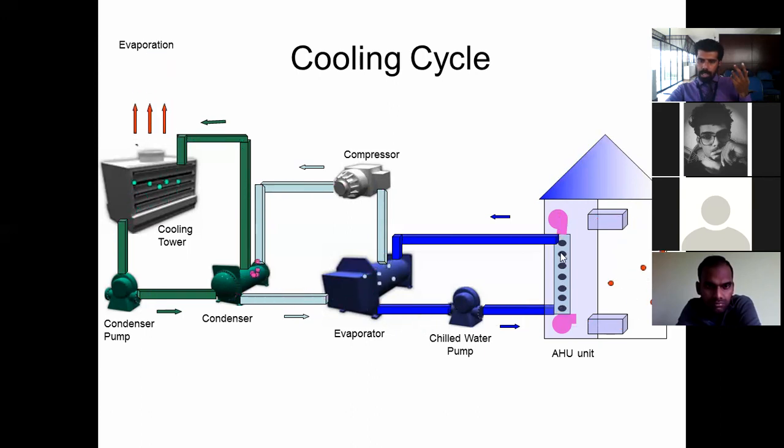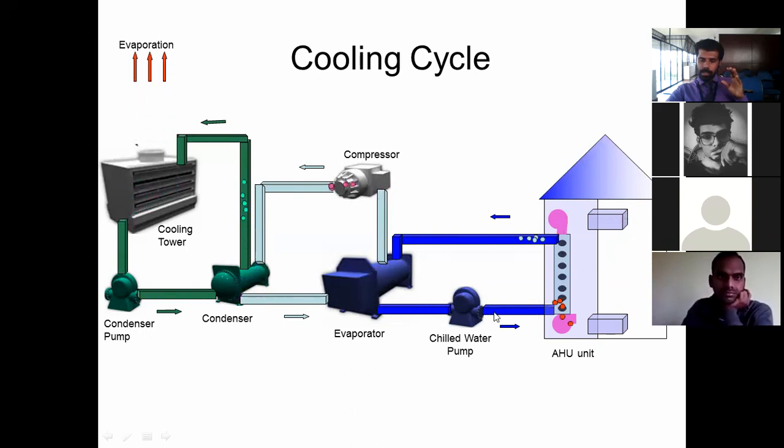This chilled water is going through this now. This chilled water absorbs the heat from the hot air. That's why it is converted to cold air. But what happens to the chilled water? It is converted to warm water, because it receives the heat from the air. Now, what should this evaporator or chiller system do? Again, it has to come back to the chilled water state. So a heat exchange is happening here also.